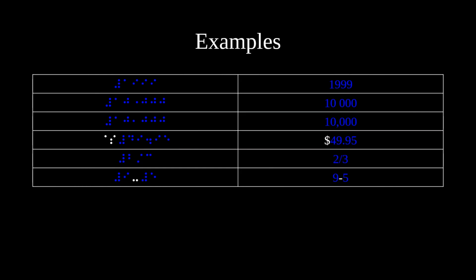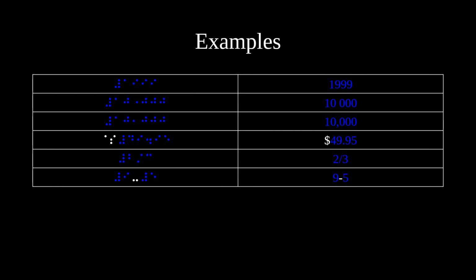Here are 6 examples of usage of the number sign. The first example is the numeral 1999, which has no cells other than the ones for digits after the number sign. Both the second example and the third example are the numeral 10,000, one instance with a space and the other with a comma. The fourth example is a price,